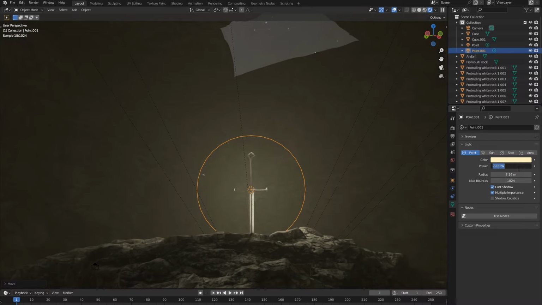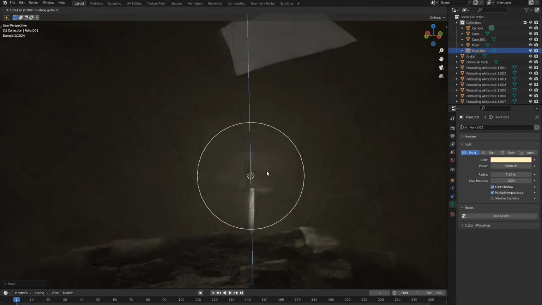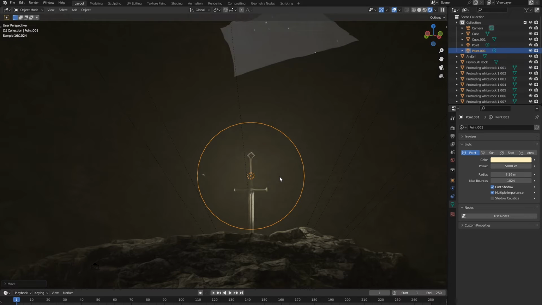And let's also turn down the light, on second thought, maybe around 7,000 watts. Even less is what we're aiming for, because you can see it's kind of blotting it out. 6,000 watts would... 5,000. Let's try 5,000 right here. And that is correct. So now what we want is, you can notice that we're not getting much light bouncing around. So the reason for that is we have to go back into our shadings tab,